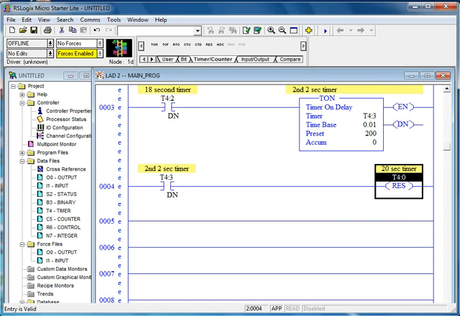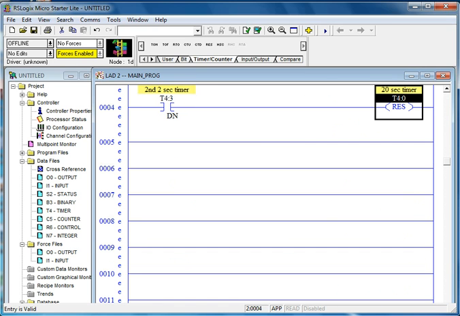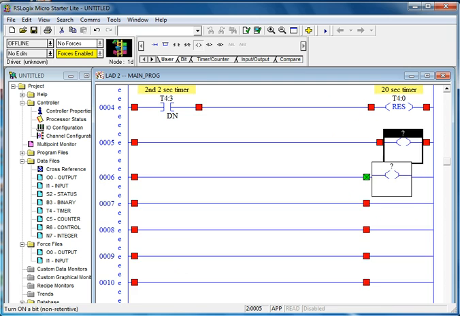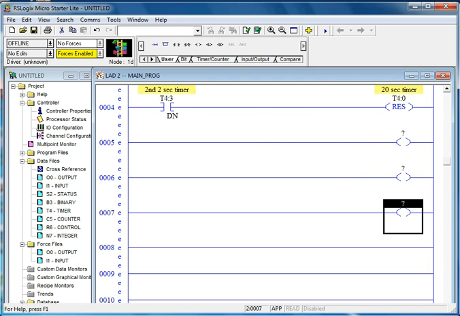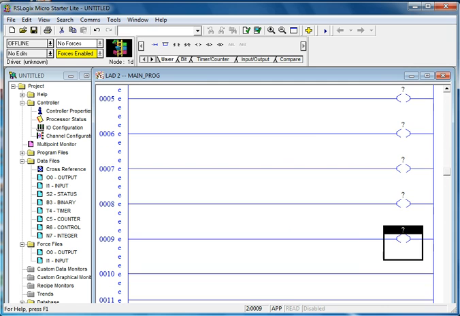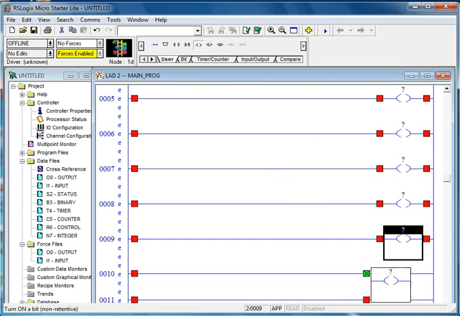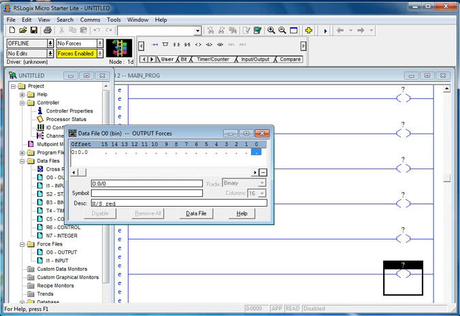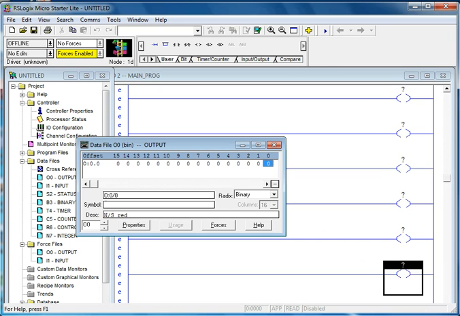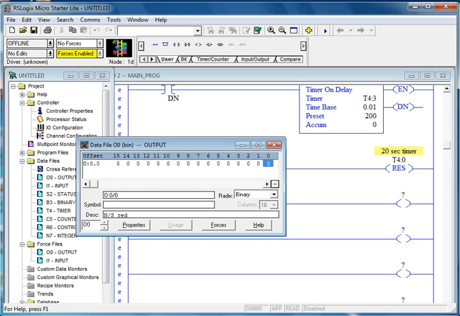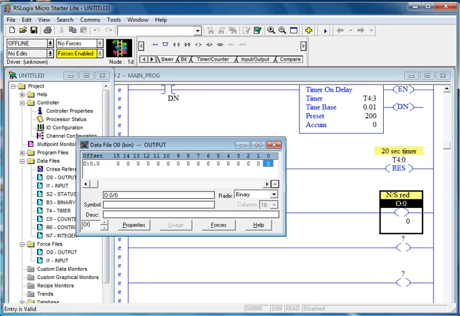Now I need to do my outputs. So we'll go back to user. There's an output. 1, 2, 3, 4, 5. I have 6 lights, right? 6. Okay, so there's my 6 lights. 1, 2, 3, 4, 5, 6. Alright. And I don't want him. So I want output 0. Output 0, output